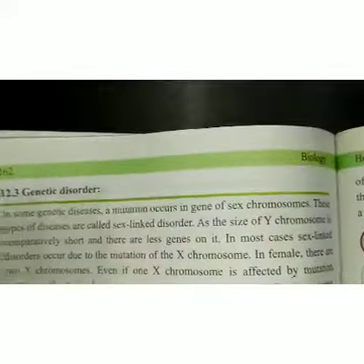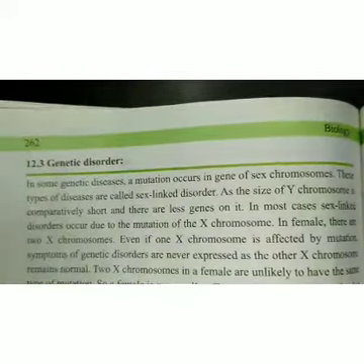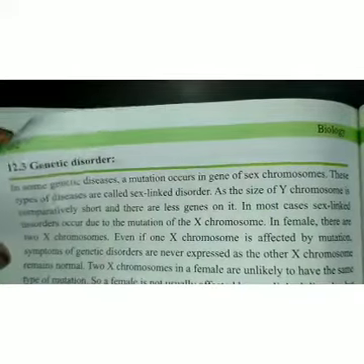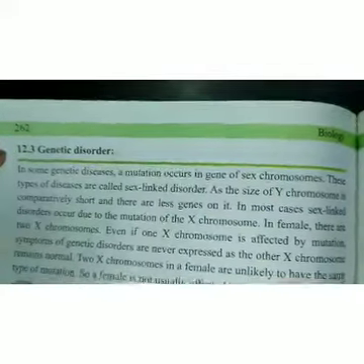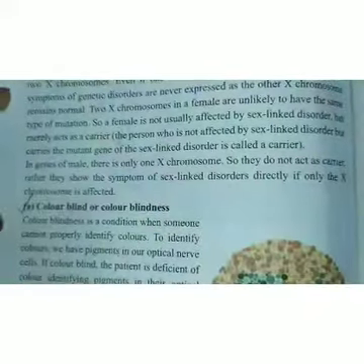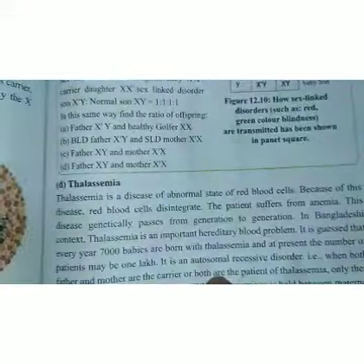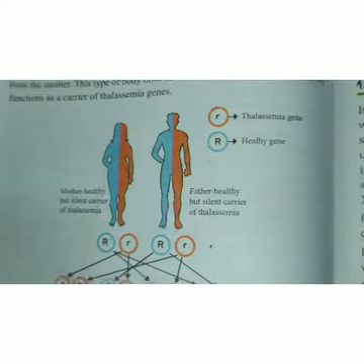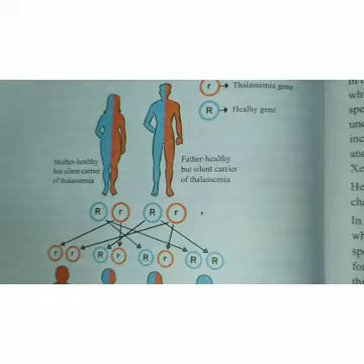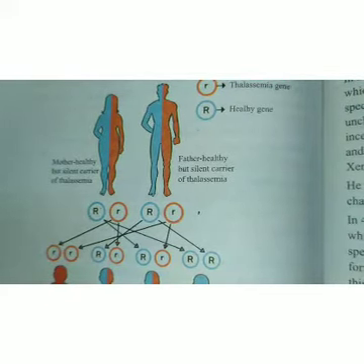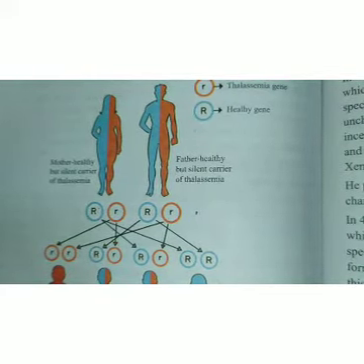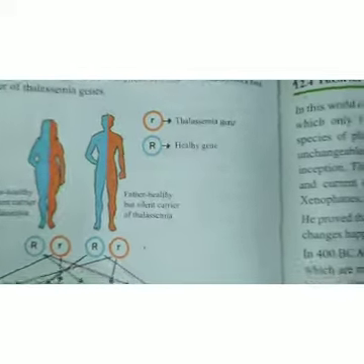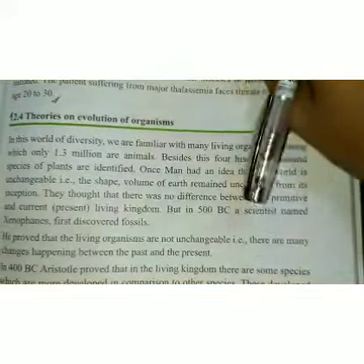And then we discussed genetic disorders, some genetic disorders like color blindness and then thalassemia. This is an important chart about thalassemia. And then last we discussed